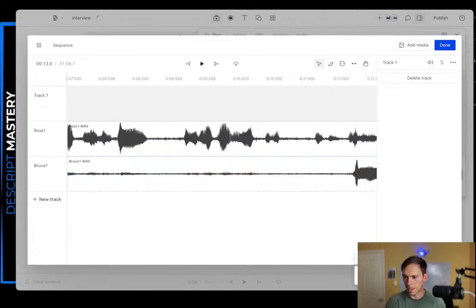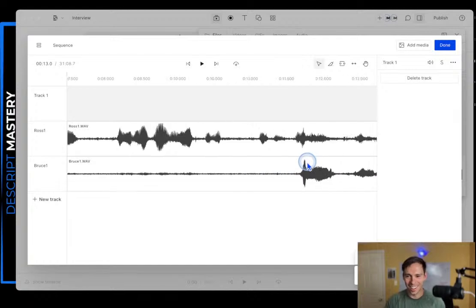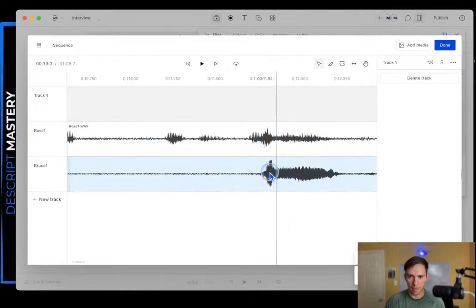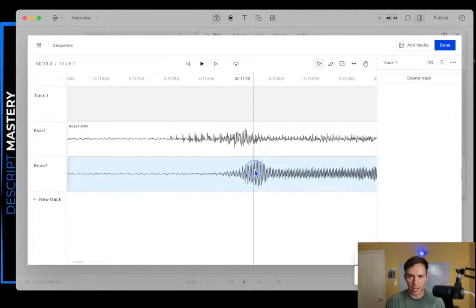Whoops, I was still on mute. So what I need to do is match up the sound waves. So like right here where he starts talking, and I can get more precise the more I zoom in. So as I zoom in,